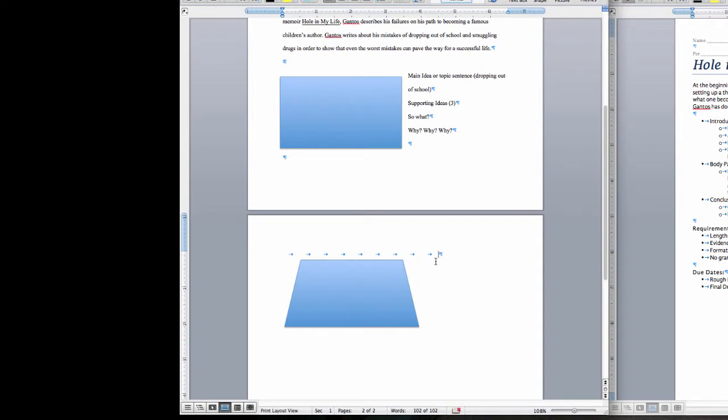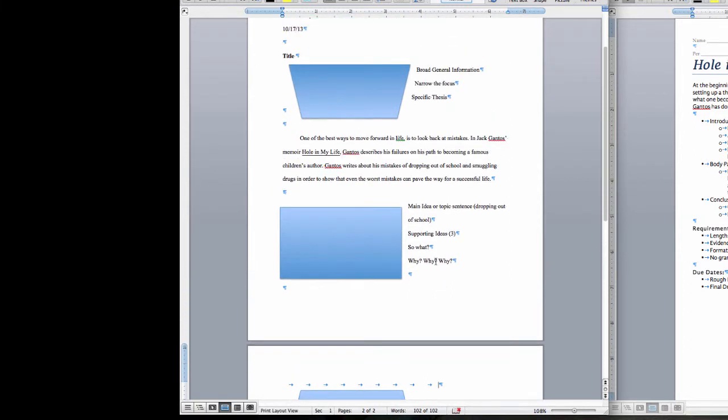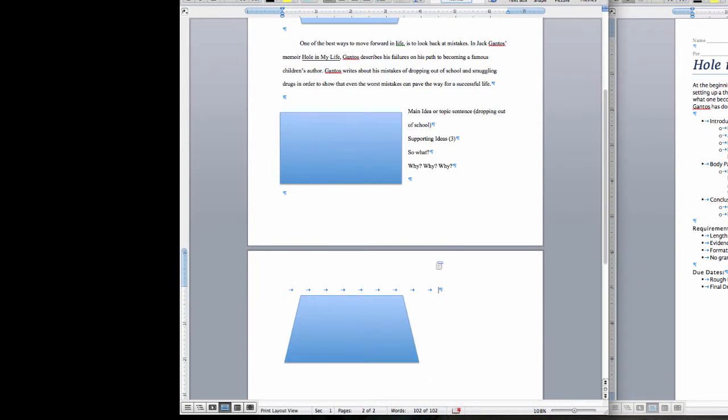A conclusion starts the same way your introduction ended, with your specific thesis. But instead of just writing that same thesis again, you are going to try and rephrase it, put a fresh spin on it. So I'm going to write a restated thesis.